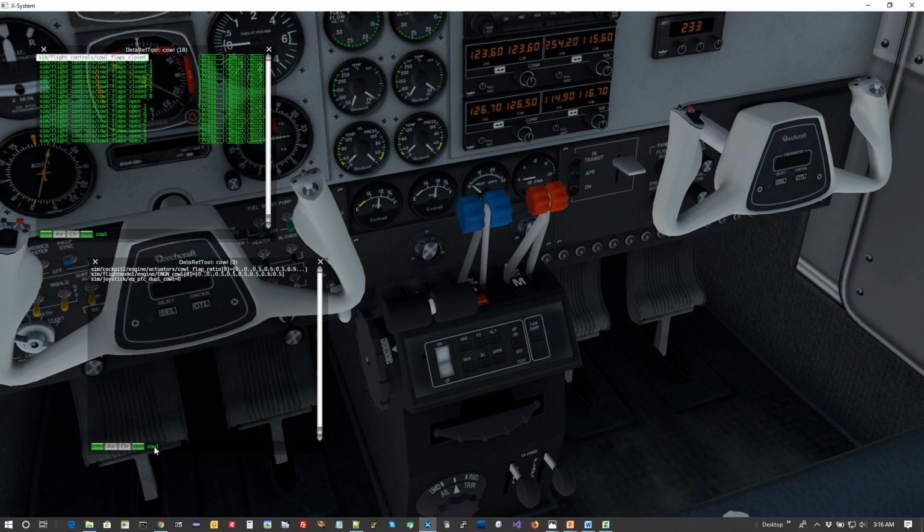Search for cowl. And here you're going to notice that I've got a cowl flap deployment ratio. Okay, so let's actually see if we can do this. If I come up here to cowl flaps open, notice as I press this,